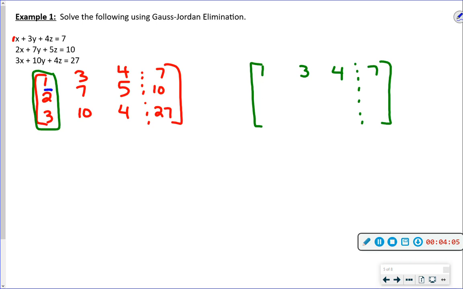So I'm going to work on the 2 next. Easy question: what would cancel out of 2? -2. So my row operation is this. I'm going to do -2 times the top row, and we're going to add it to this middle row. So I'm basically coming back to this guy, and I'm going to times everything by -2, and then I'm going